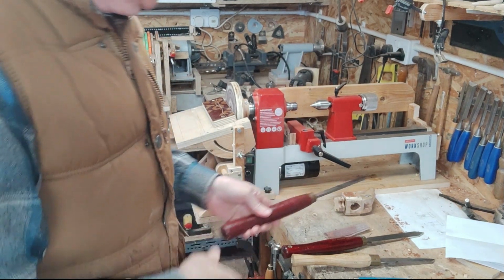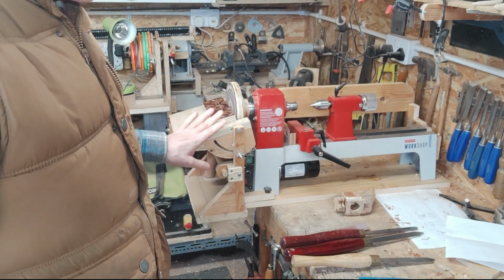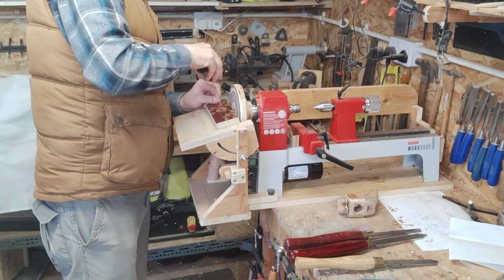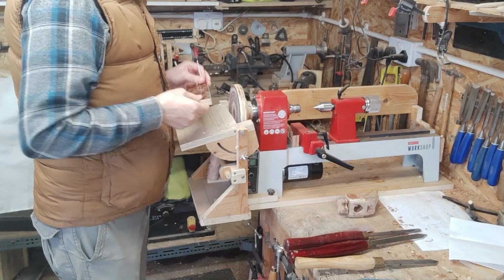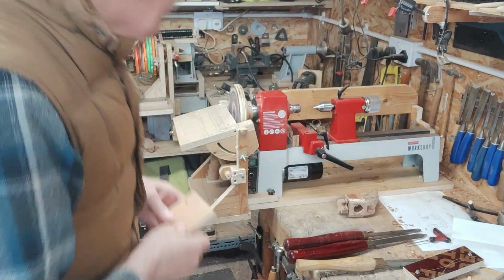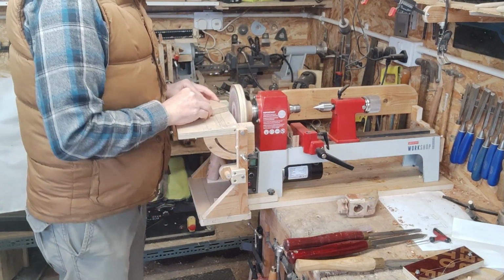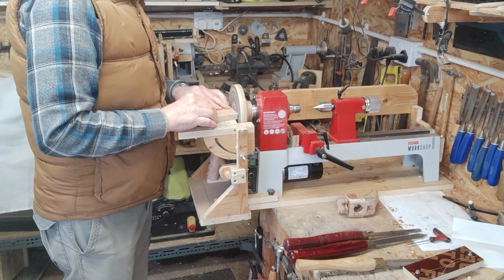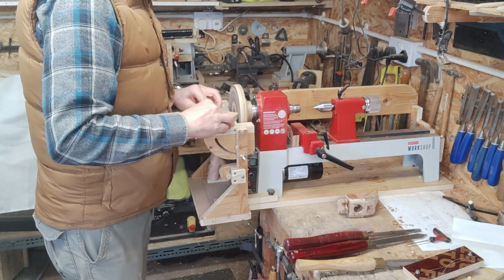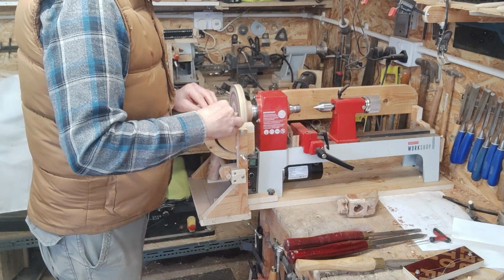And there we have it. So you can maintain the edges of your tool quite adequately on this setup, on this DIY setup. And then you just remove the sub base here. And then you can go back to normal sanding, a variable speed sander. Although the only downside is